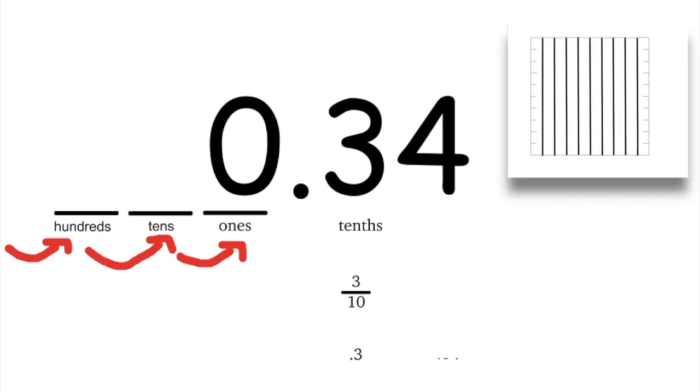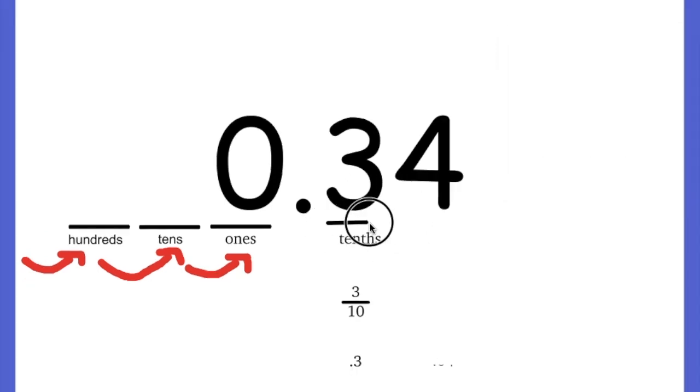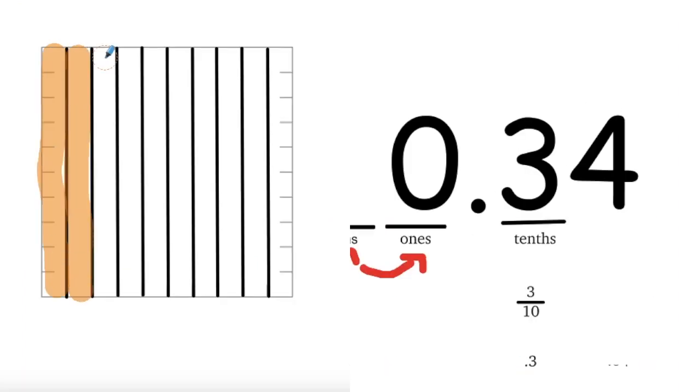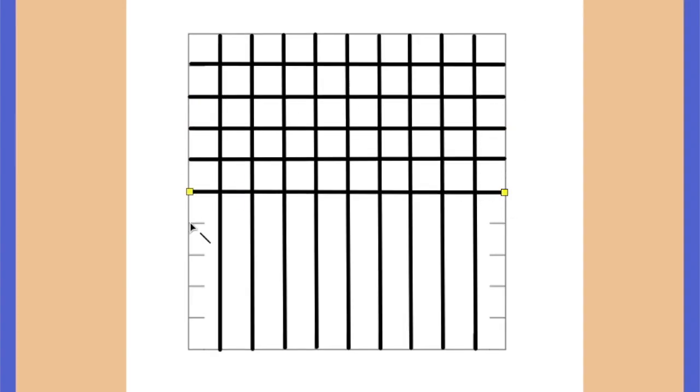This is the tenths place. This 3 is the tenths place, which can be represented as a fraction, 3/10, or as this decimal form right here, which we can call 0.3, but to better our understanding, we will call it 3/10. If we take tenths and divide by 10 again,